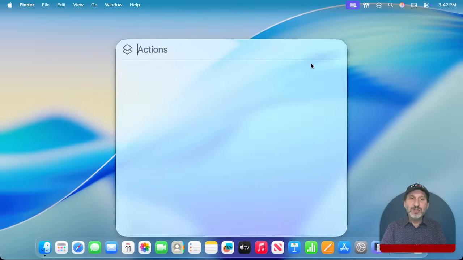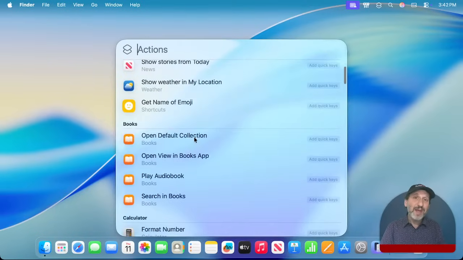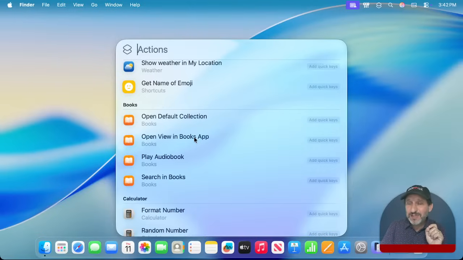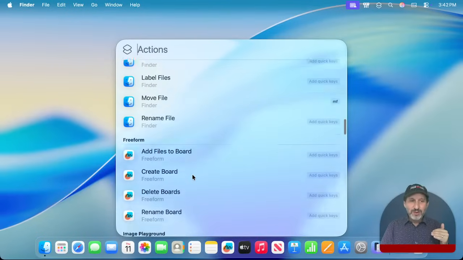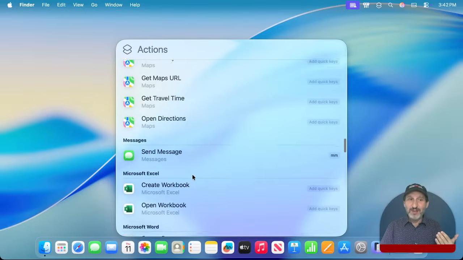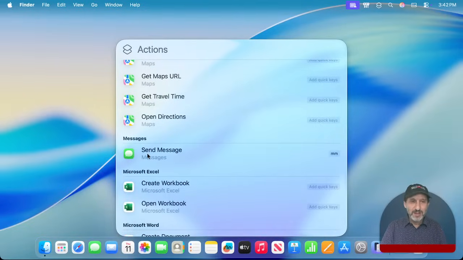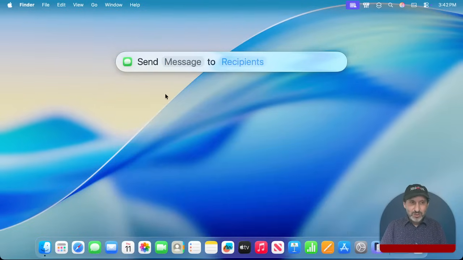The third section is actions, and it's all these quick actions that you could perform. And this isn't new. You could have done these before, but now they're spelled out. They're all listed here. So you could find what's available and not have to look for some secret list online. So here's send message, and when you do it, it does it in Spotlight. So you can send whatever to, and then you choose a recipient or recipients, and you send it right there